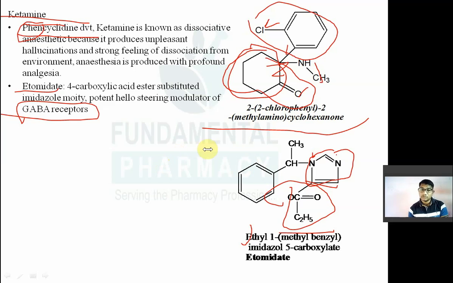नाउ इथाइल 1, इथाइल हो गया इथाइल, इथाइल 1 बेंजील इमिडाजोल 5 carboxylate. That is a chemical name, IUPAC name of your intermediate. Now next